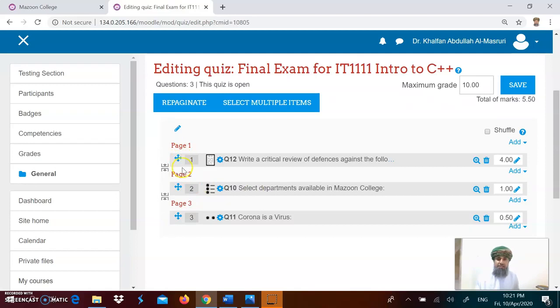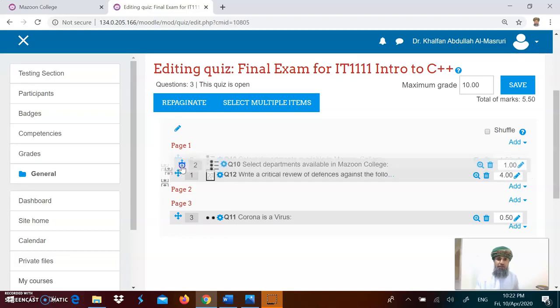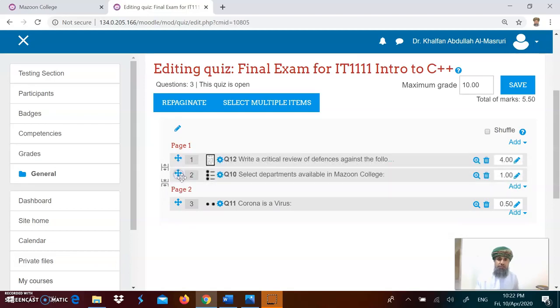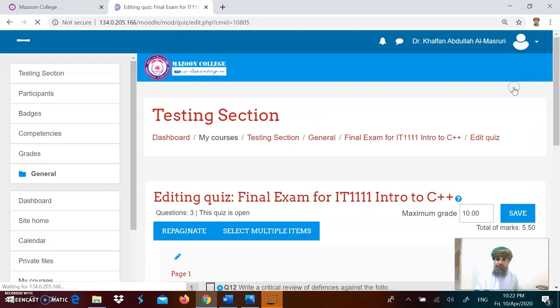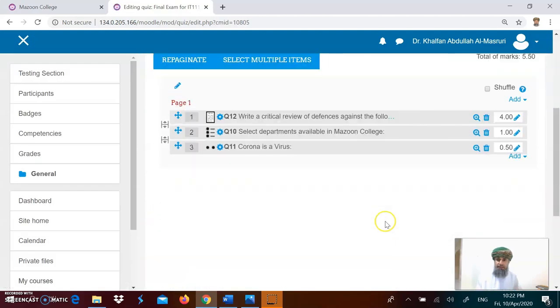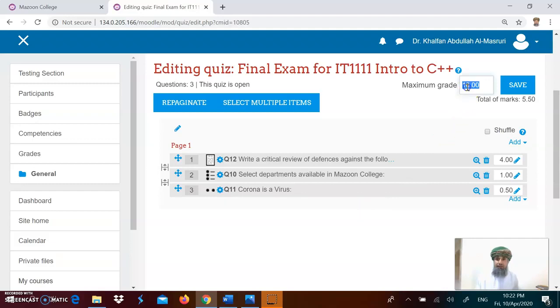Now, the default is that each question will be created on a separate page. If you want all questions to be on one page, you can move all of them. So this is question 1, and as you have seen now, all of them will be on one page. So save. Okay, now the marks will be for, it will be